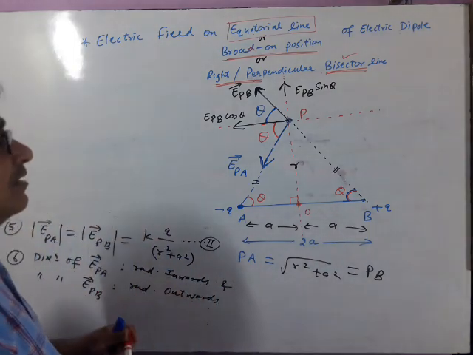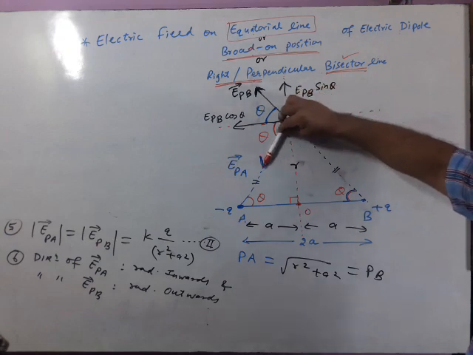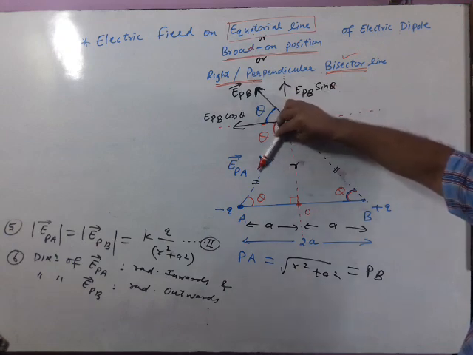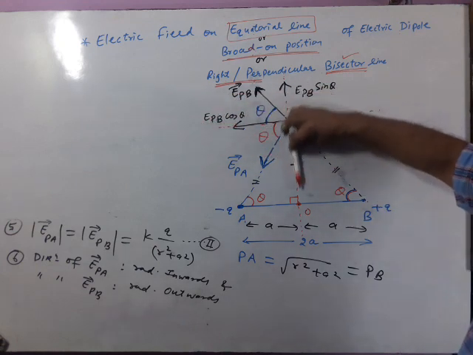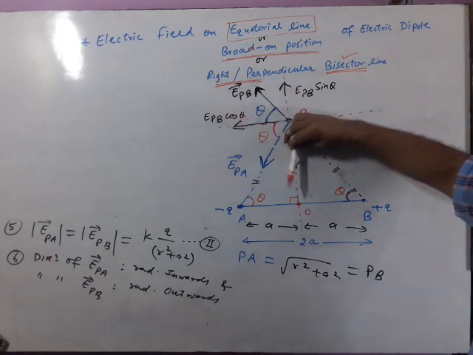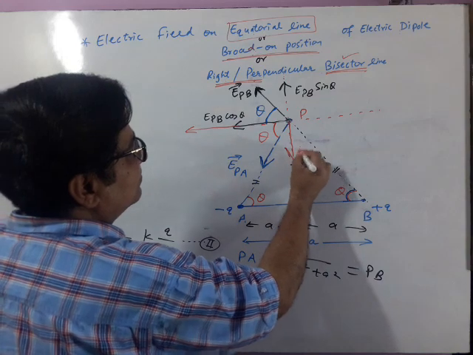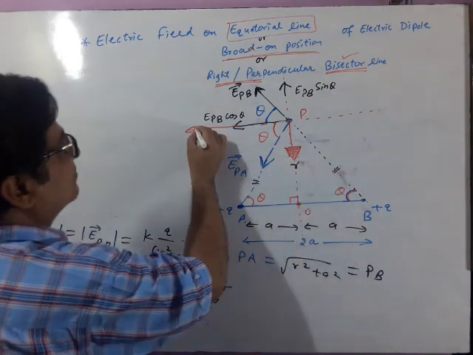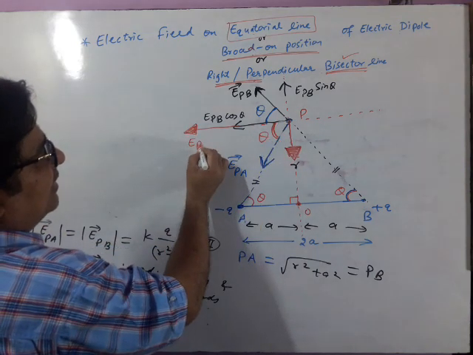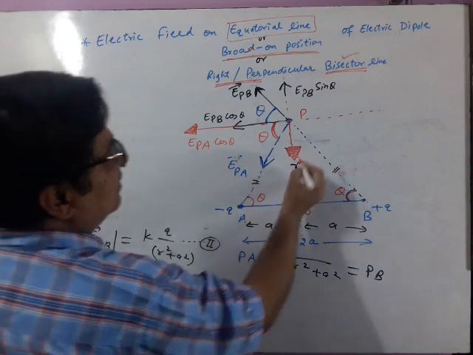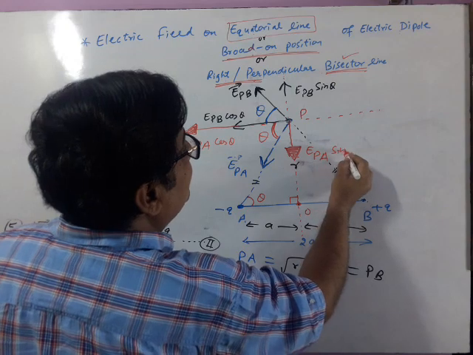Once again, breathe in. Now see, the tip of the pen, we are matching with the EPA vector. See, it is in this direction. So it is having two components like this: one component on the left hand side, another in the downward direction. We call them the adjacent and opposite components. So one is this and another is this. So this is theta. So this component will be EPA cos theta and it will be EPA sin theta.